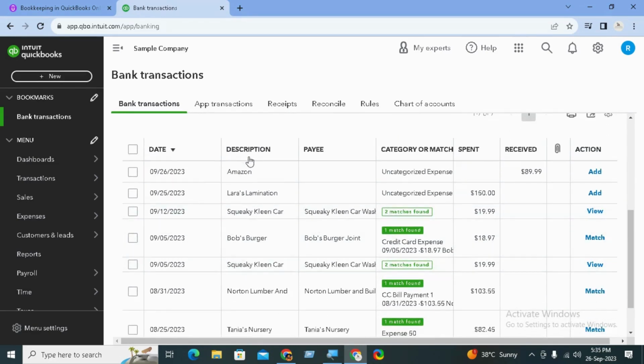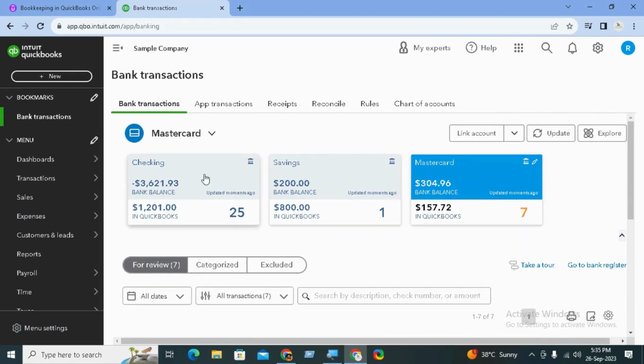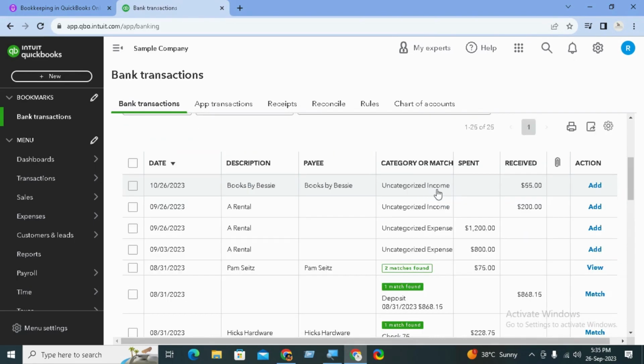So let's go to the first one, let's say we want to add this transaction inside QBO. This is a new transaction for QuickBooks, so it doesn't know what to do. So it puts this transaction in uncategorized income. We just categorize this transaction. Let's say we want to add this transaction. All you need is to click anywhere on the line,